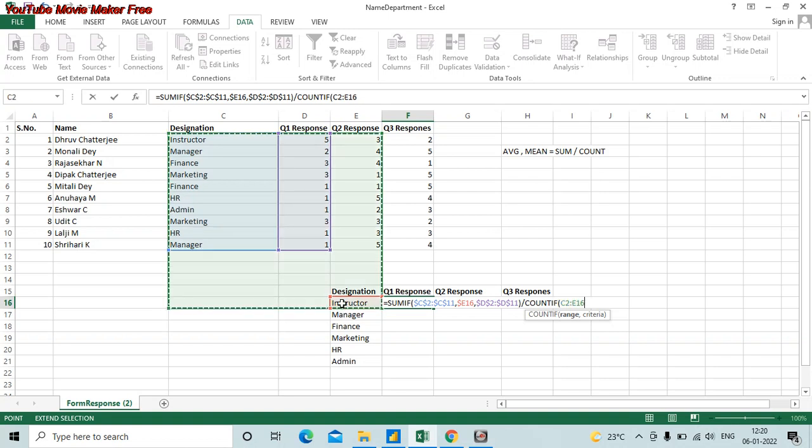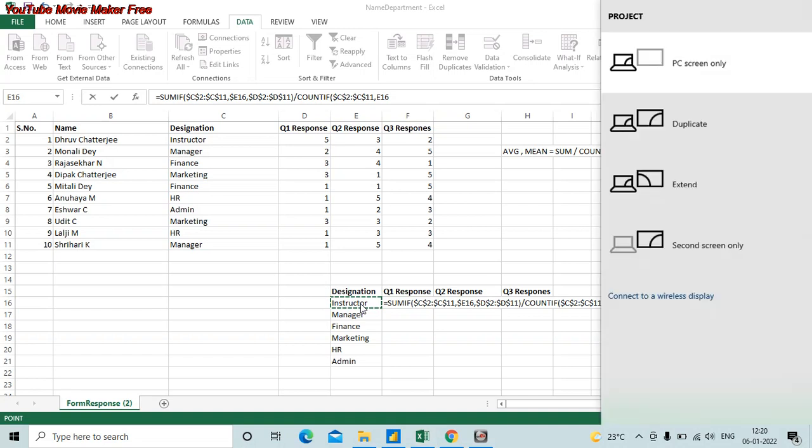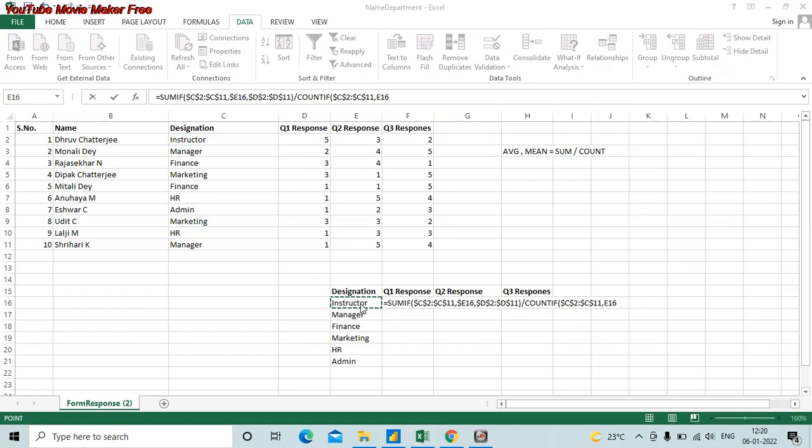So go ahead and fix it and do a comma, move on to the next parameter which is in bold, and that is the criteria. Again, I will select E16, and again I will fix E16 here.